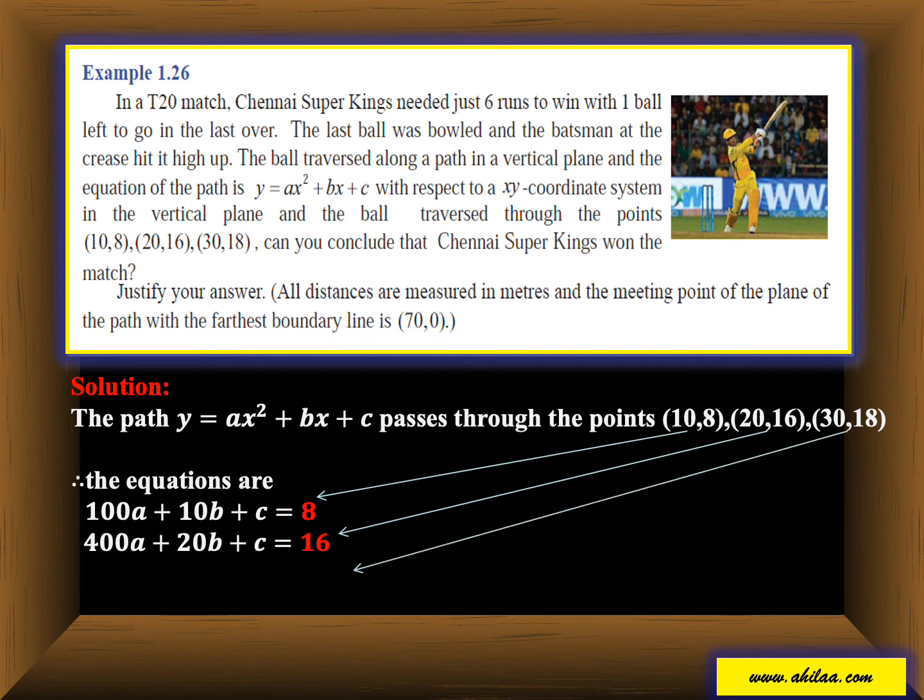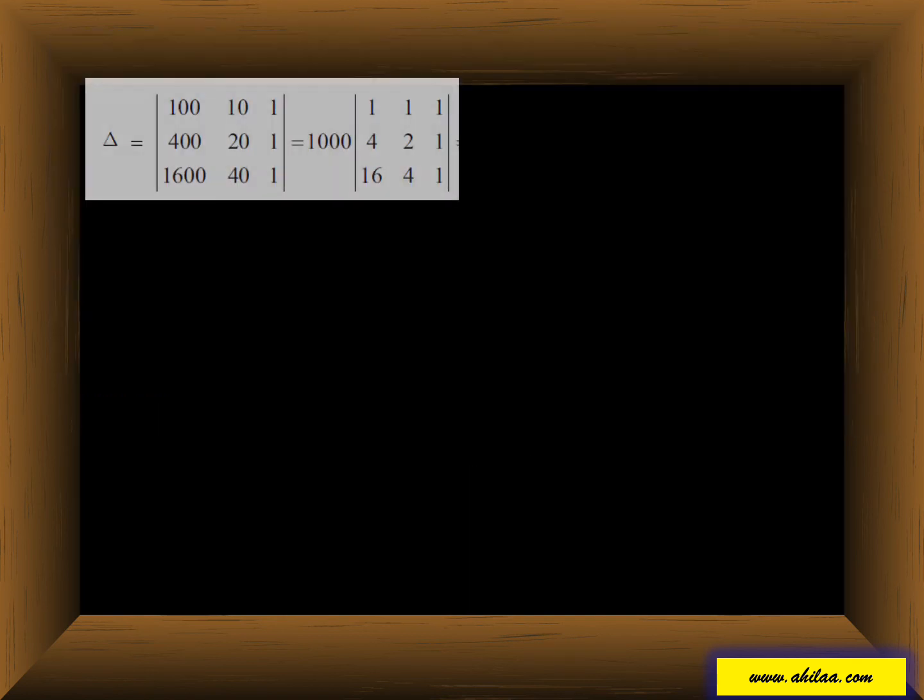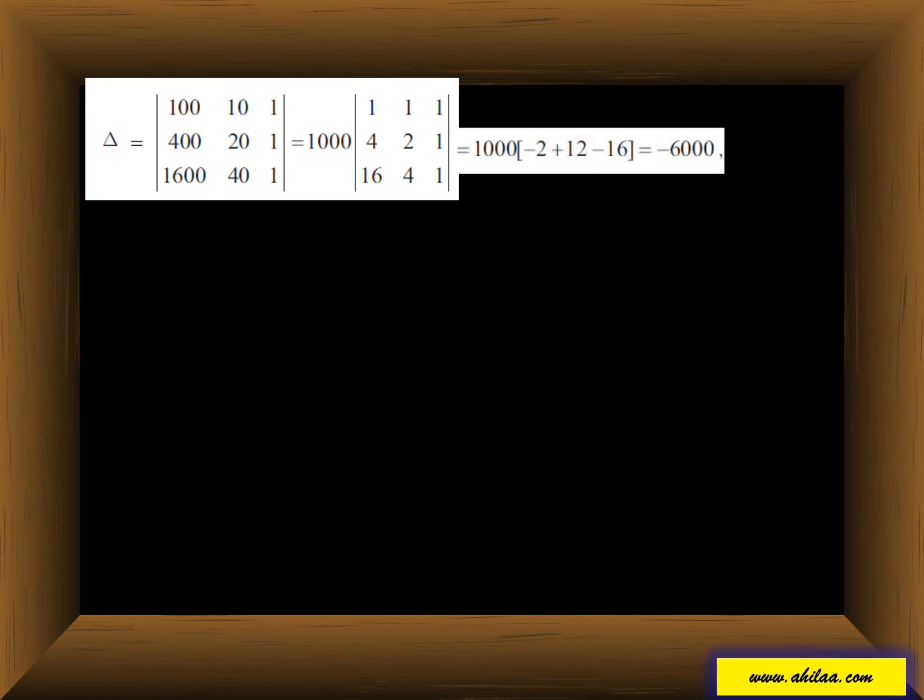In the same manner, the next point (30, 18), we are getting the equation 900a plus 30b plus c equal to 18. Very clearly the right hand side constants are marked red, and we need to collect them as capital D, a column matrix 8, 16, 18. Understood? Let us proceed. So let us get delta, the determinant of the coefficient matrix,